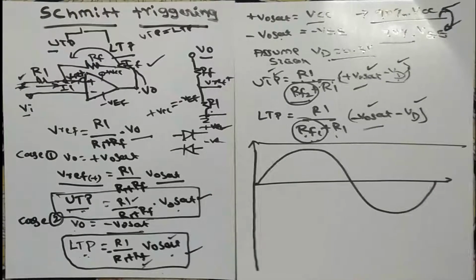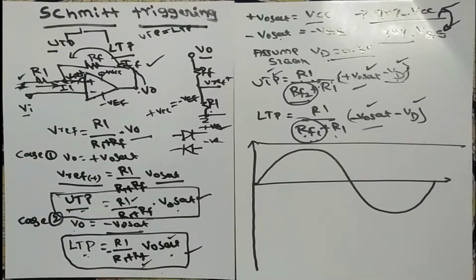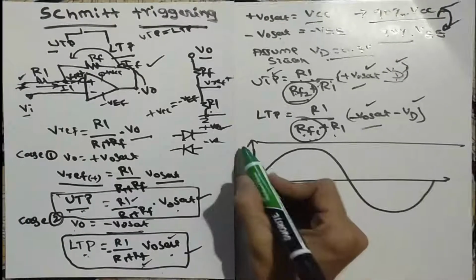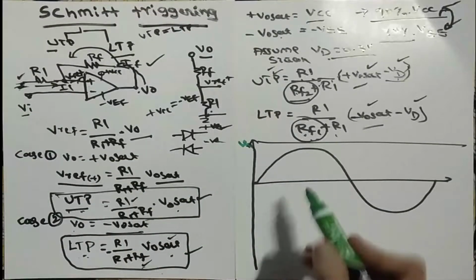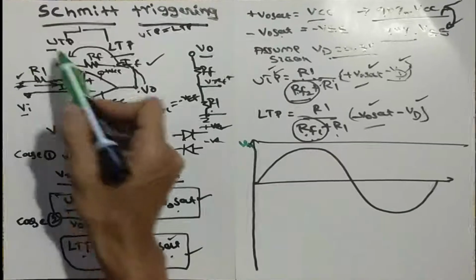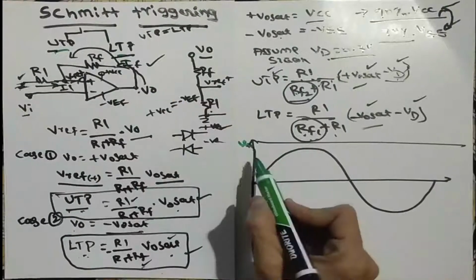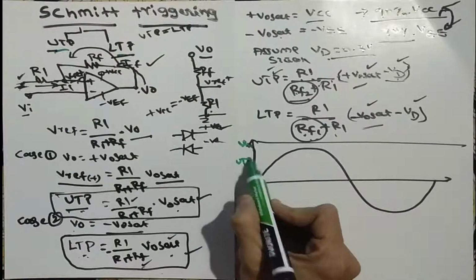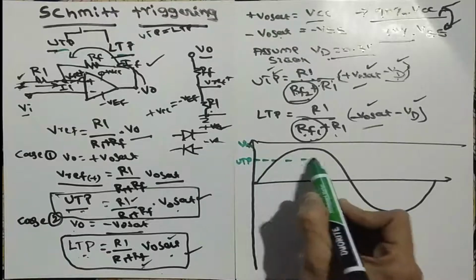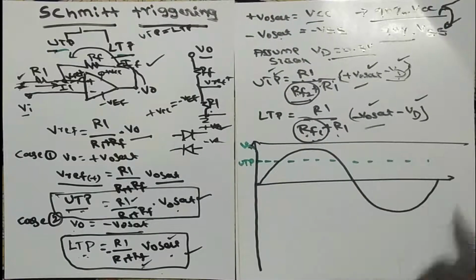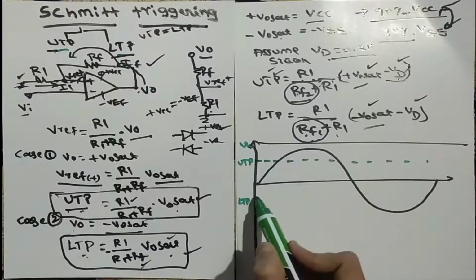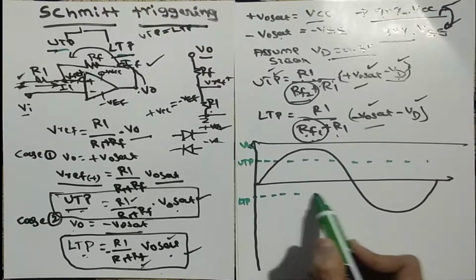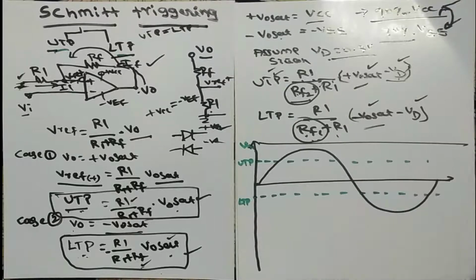Let's discuss how the Schmitt trigger diagram can be drawn. We will take this one as Vin. Here we have two reference points, one is UTP, one is LTP. So take UTP in the positive; any point you can take, this is where UTP lies. Similarly, you can take one more point, LTP. It is the lower trigger point, so we can write it somewhere in the negative.